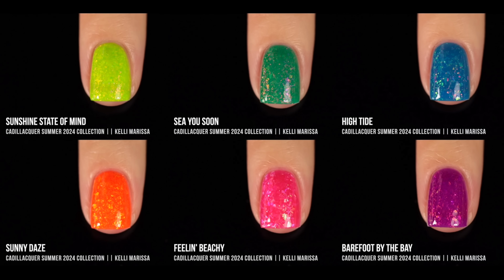But like I said, the color story of this just works so nicely together, and I love that you can really combine any amount of these colors and they match together very nicely. It would be perfect for Skittles, it would be perfect for accent nails, or if you're a person who likes to match your manicure and pedicure but not with the exact same color. I feel like these shades really complement each other well, being the same formula,